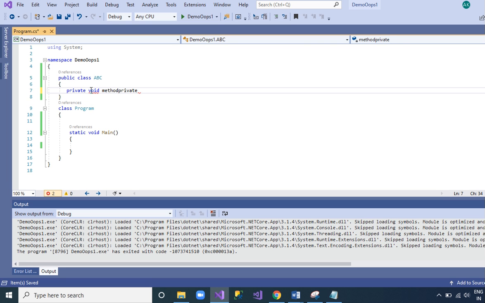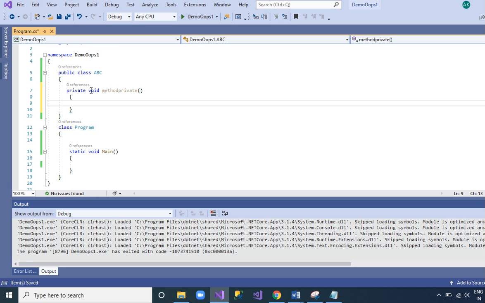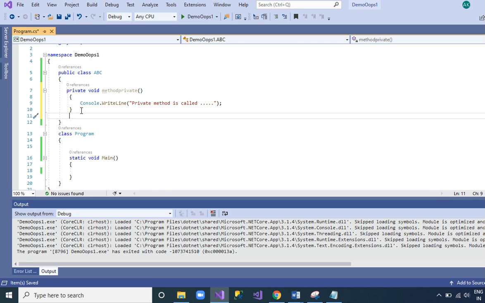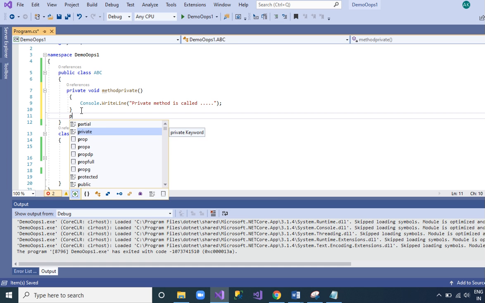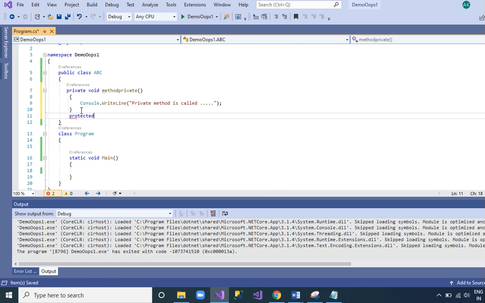Now we can write our message here: private method is called. Similarly, we can create another method, protected void, and we give it the name protected.